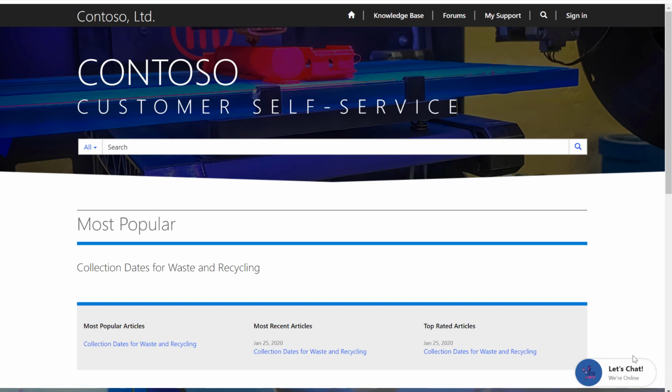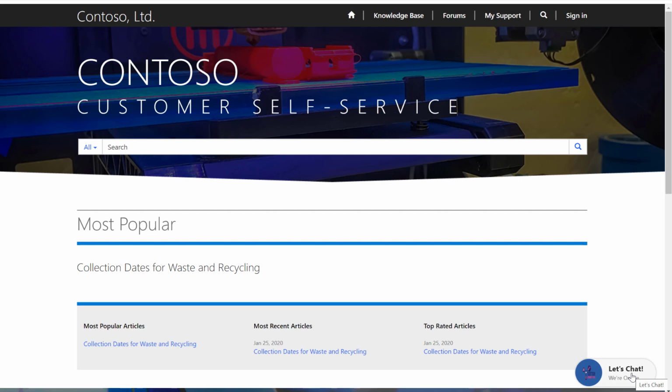So this is the Power App portal that I've embedded my chat widget onto. As you can see, it's quite a standard design. This is what the look and feel of it would be if you just embedded it. I have changed the color, I've added an image. You can also change the text. And this is currently the possible changes that you could make using just the standard Omni-Channel Engagement Hub.